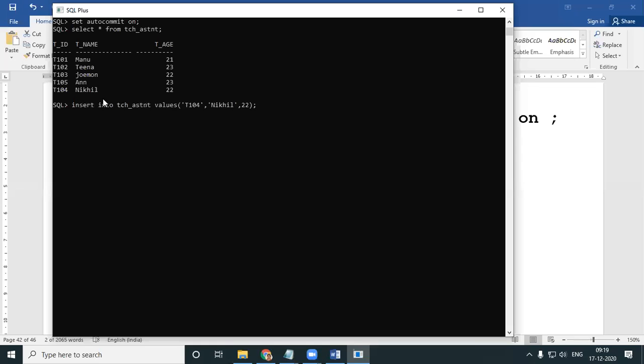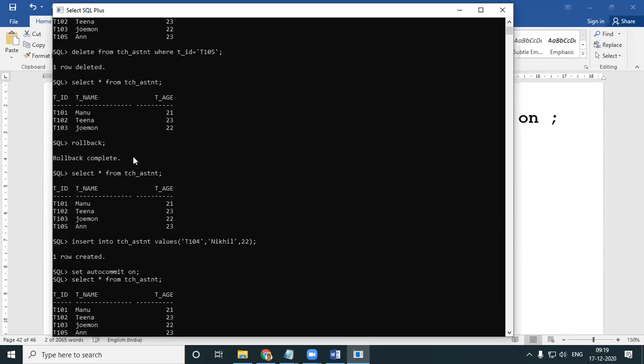I'll do my delete. I am deleting the same record. One row deleted, and they're even telling me, look here, commit is complete.